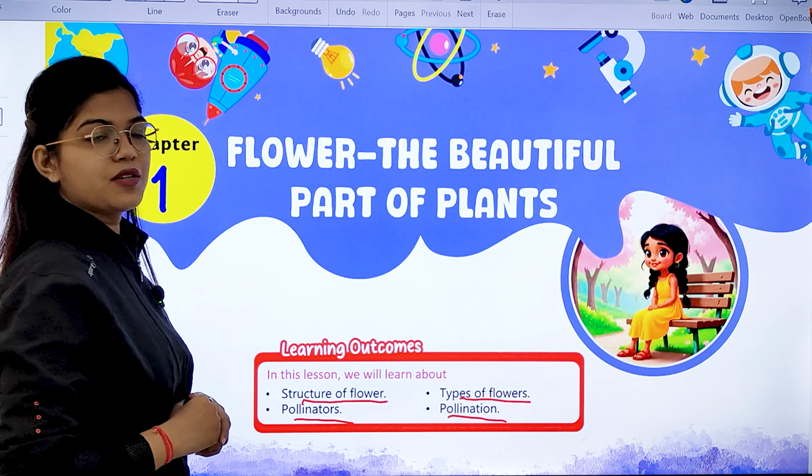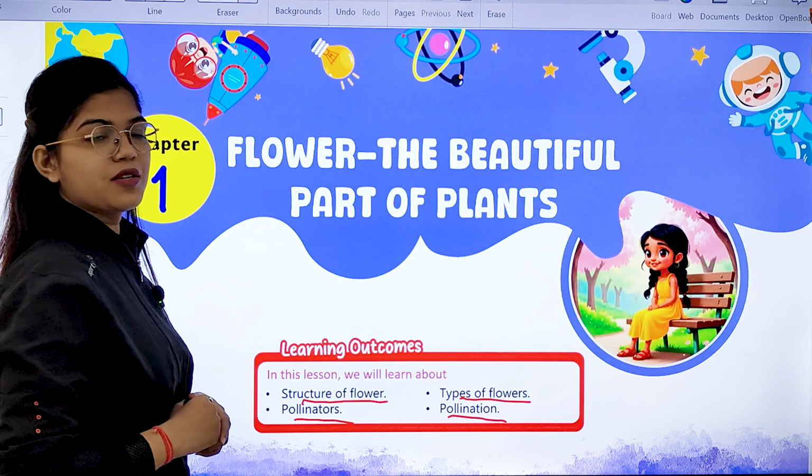All right. Now, an amazing fact has been discussed over here, that is reproduction. What is it? Students, reproduction is a kind of life process. It is a process by which plants multiply. They can produce more of their own kind. Such a type of process is known as reproduction.